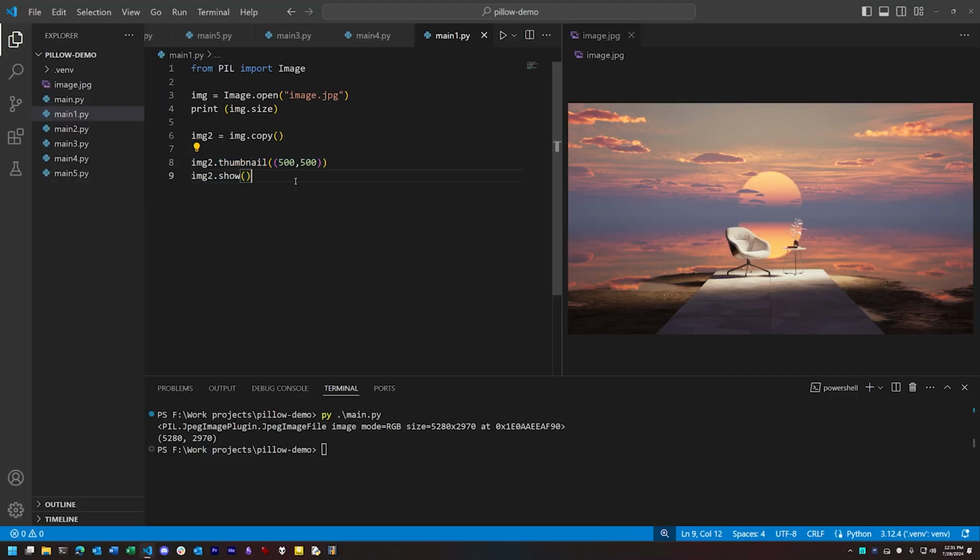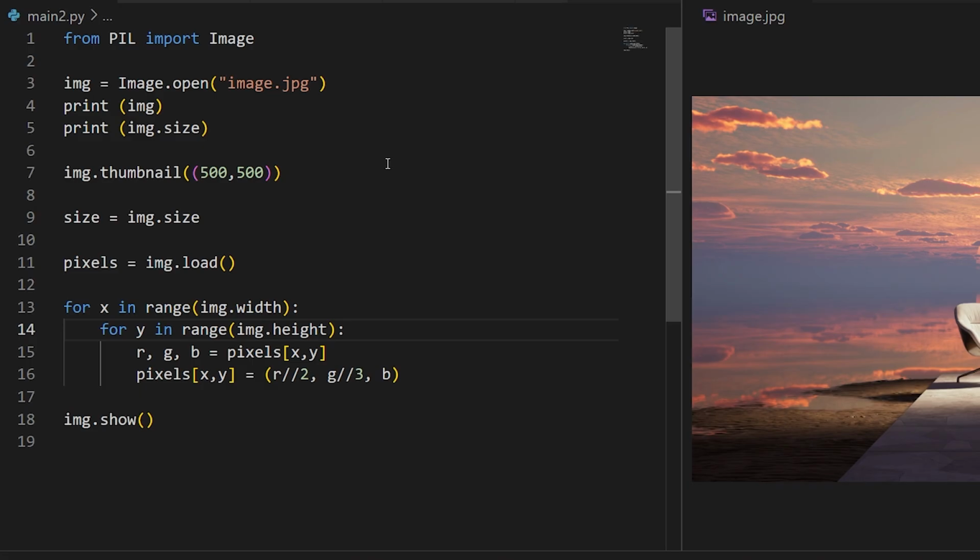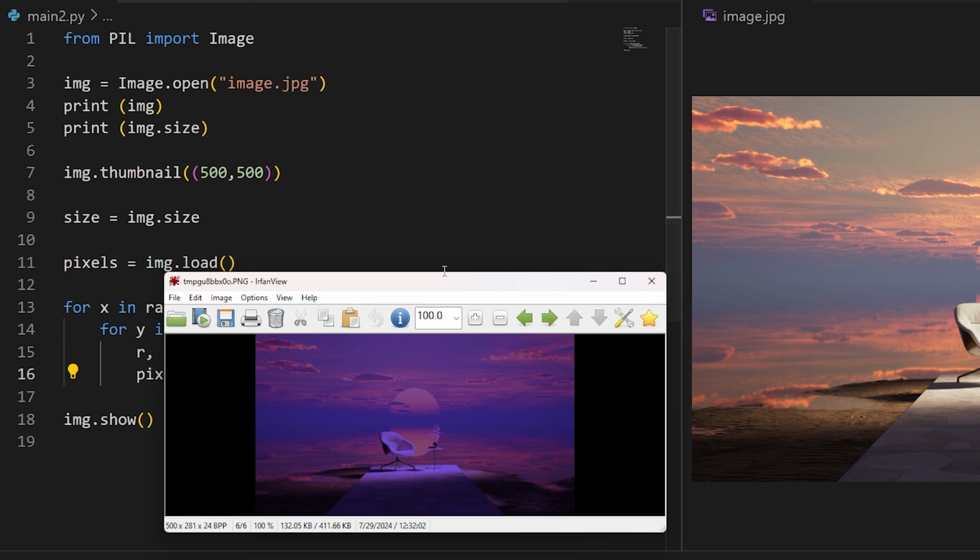Now, you can also obtain pixel data for an image and do direct manipulation on it. But doing that at scale in pure Python does tend to be slow. Here's an example, though. I use the load method to generate what's called a pixel access object from the image. And I can iterate through it or access it with XY coordinates, and I can make changes to the RGB values that I find at each coordinate. And when we do so, this gives us a differently toned version of the image. Now, for an image this small, pixel access is not going to be too slow, but it's always best to use Pillow's higher level methods when possible.